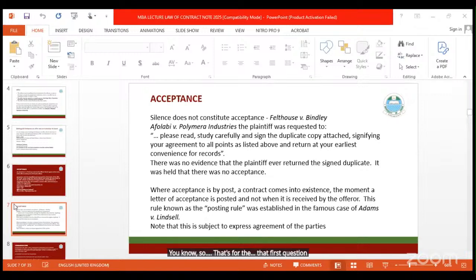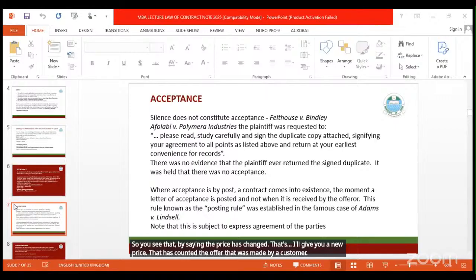Question number two. I was saying that, look, display of goods generally, even if the price tag is on it, still amounts to an invitation to trade. So a customer is the one that will pick that item, that good that has a price on it. The customer has made the offer by picking the goods. On getting to the owner of the counter, the owner says the price has changed. By saying the price has changed, I give you a new price, that has countered the offer that was made by the customer.